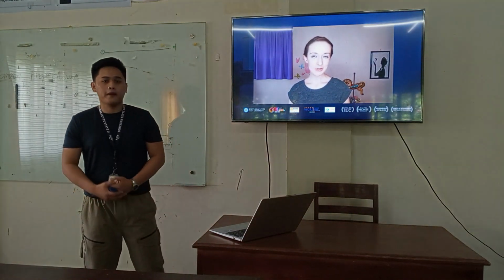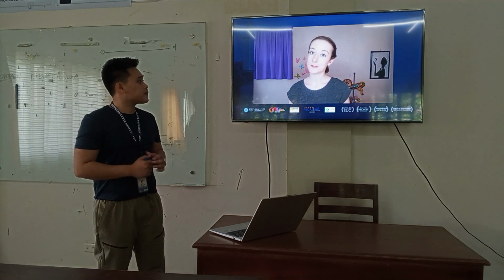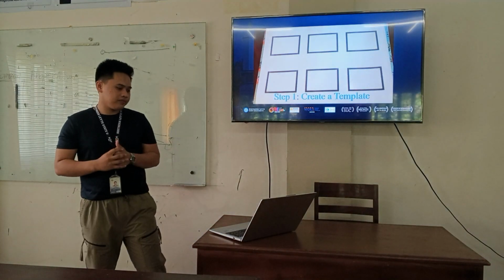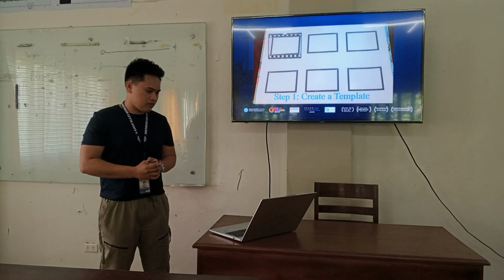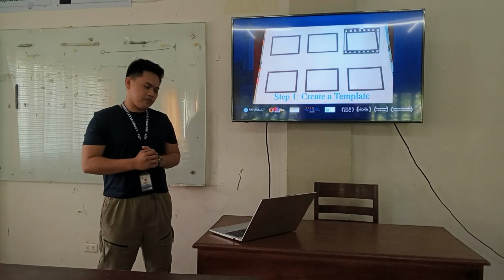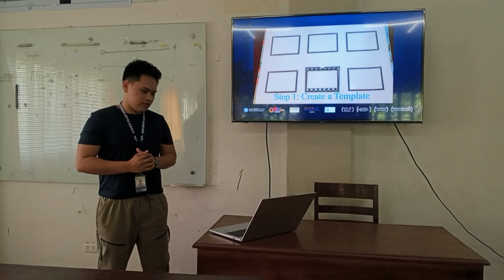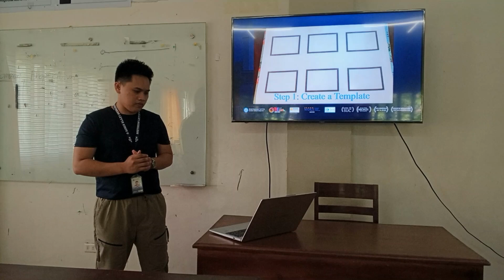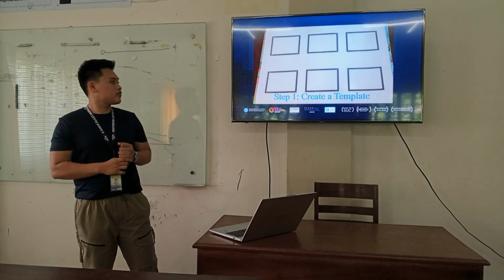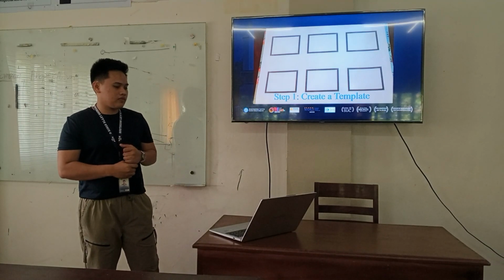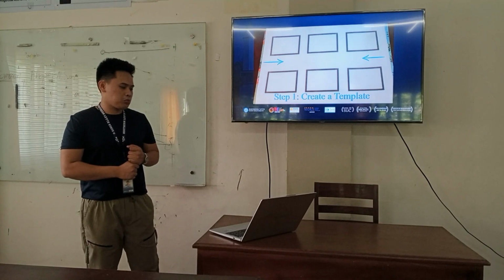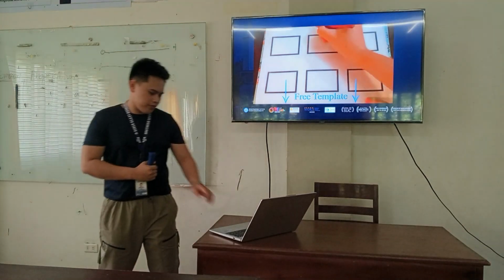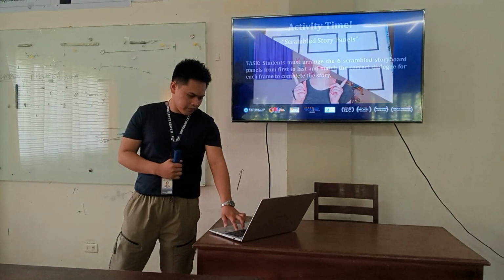So today I'll be teaching you how to make a storyboard for film and video. Let's get started. Step 1. Create a template. A storyboard template has a series of squares which you use to map out the scene or video you're trying to film. You can draw these squares by hand or you can design a template on your computer. How many squares you decide to use is totally up to you. Make sure you leave enough space below each square for adding some written detail. I will be linking a free printable template in the description box below this video so you can use it to make your